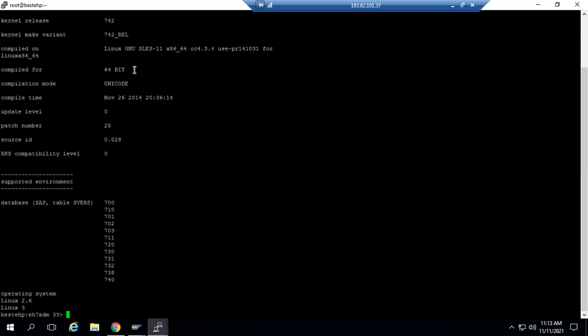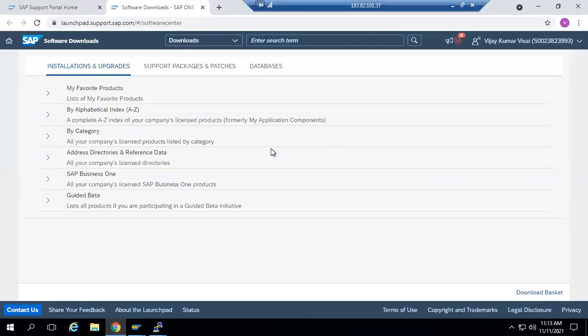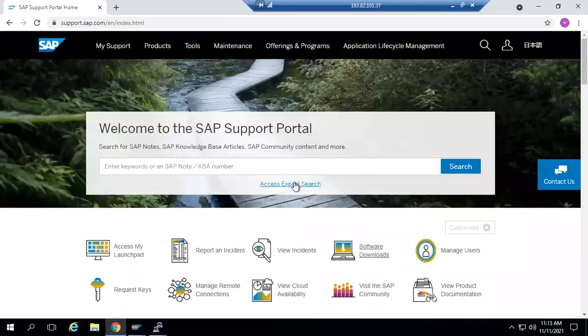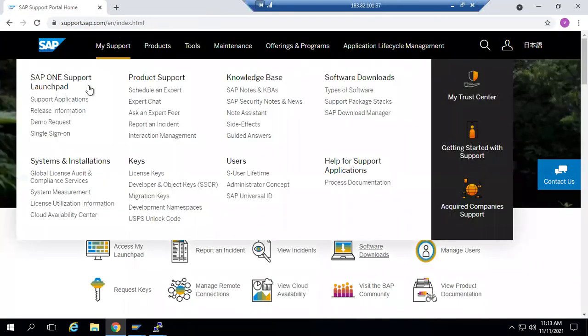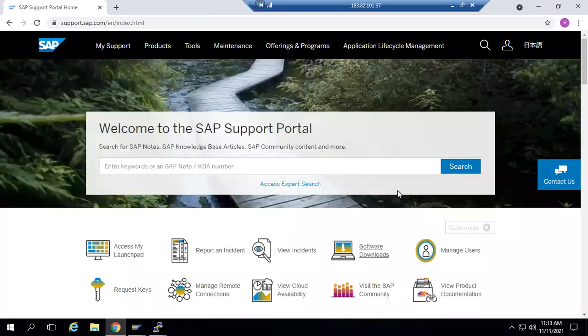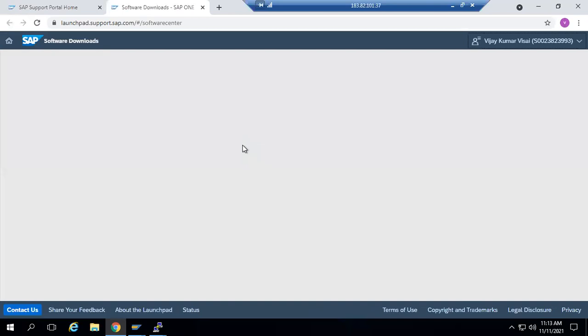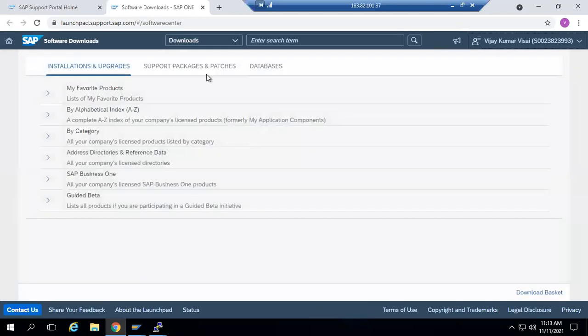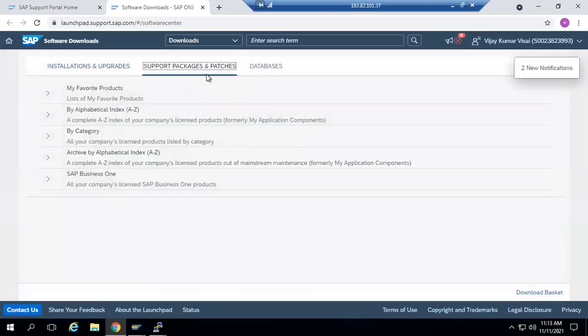So now we will go to download the kernel software. Open the marketplace, support.sap.com or service.sap.com, and then click on software download and come to support packages and patches.